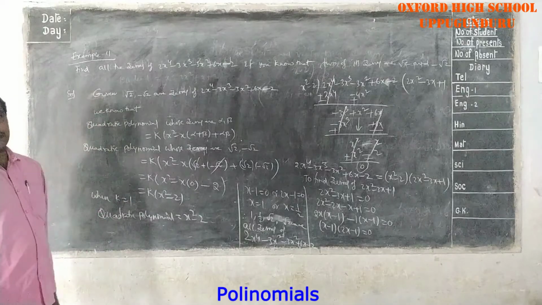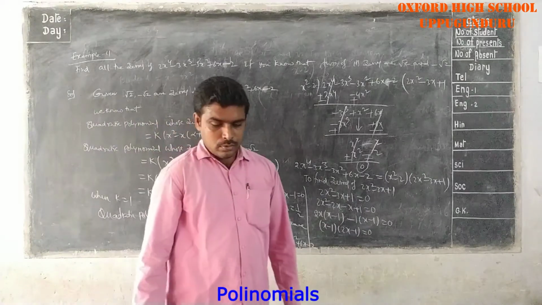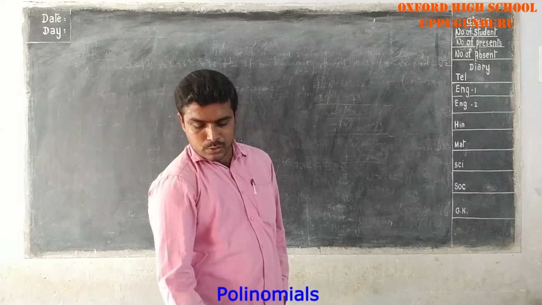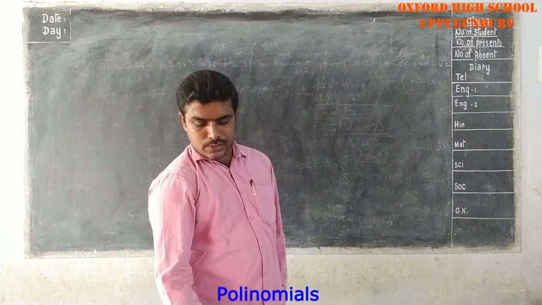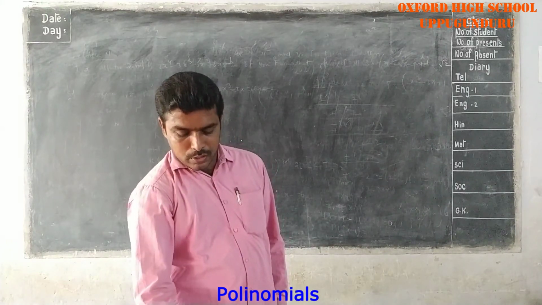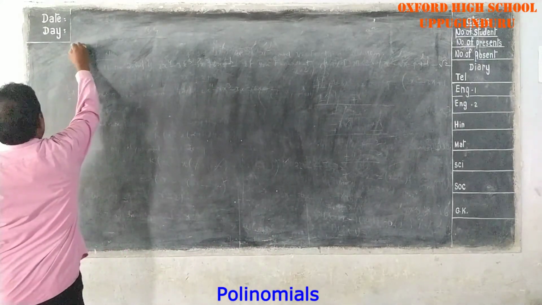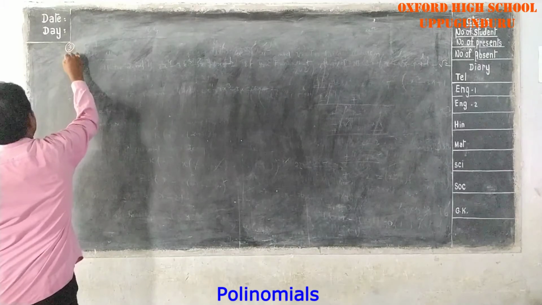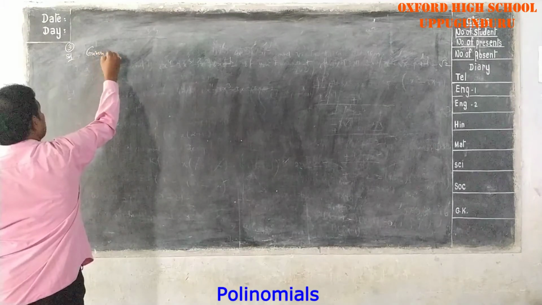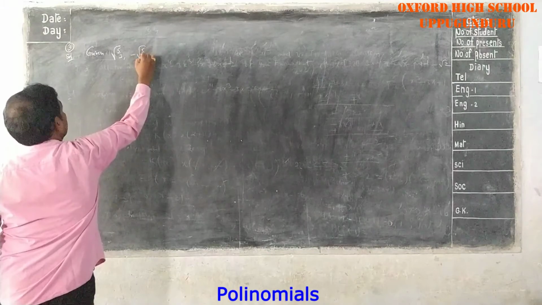So in the same manner, in the same way, we have to do exercise 3.4 third problem also. What is the third problem? Obtain all the zeros of 3x power 4 plus 6x cube minus 2x square minus 10x minus 5 if two of its zeros are root 5 by 3 and minus root 5 by 3. So what is the third problem they give? We have to find all the zeros given root 5 by 3 comma minus root 5 by 3 are